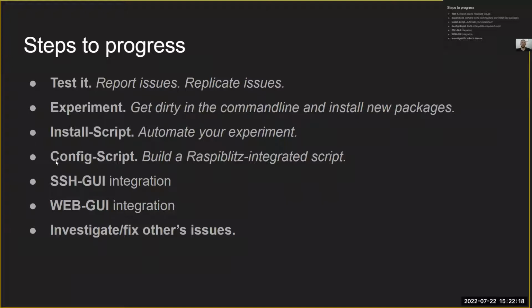So yeah, the config script is the next step. And at this point, at the config script, you can actually push it to the Raspiblitz repository, and it probably will be added to the new release candidate, and people will be able to run